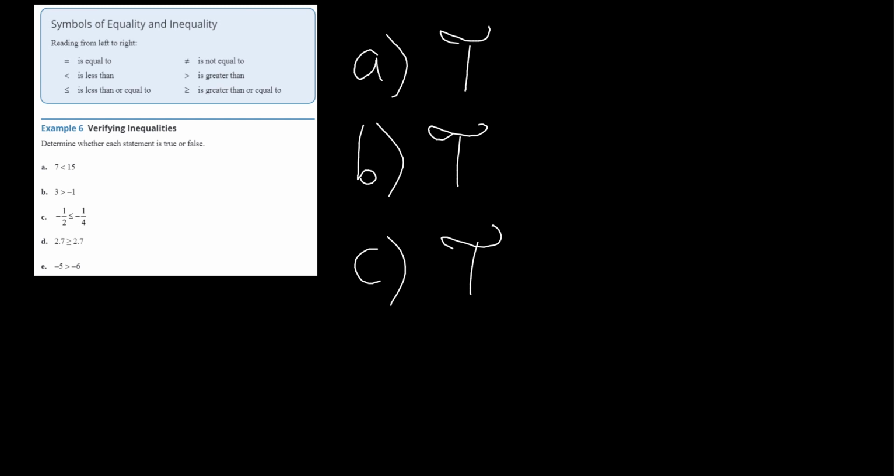All right, and D, I'm just going to venture to say that D is probably going to be false. Negative 5 is greater than negative 6. Okay, it's actually not false. Every single one of these were true. That's kind of crazy. I just took a stab at that saying that it would be false because,